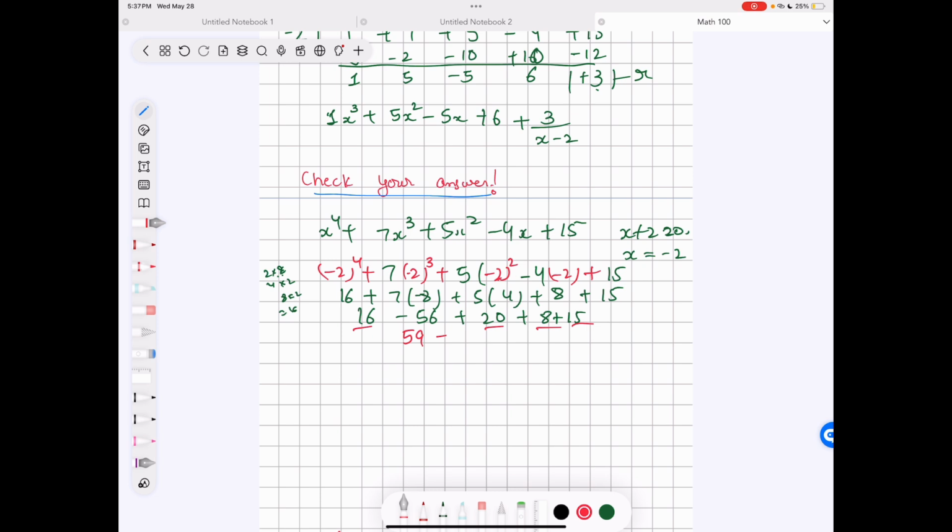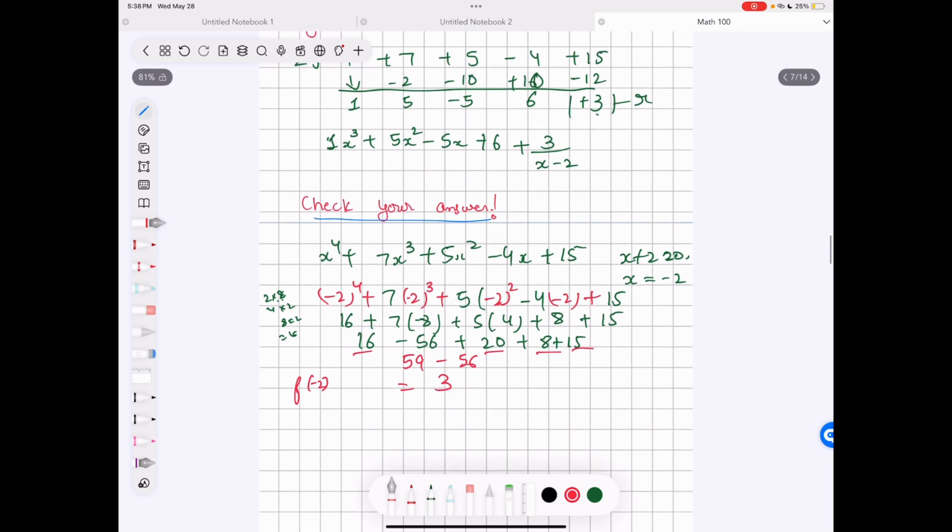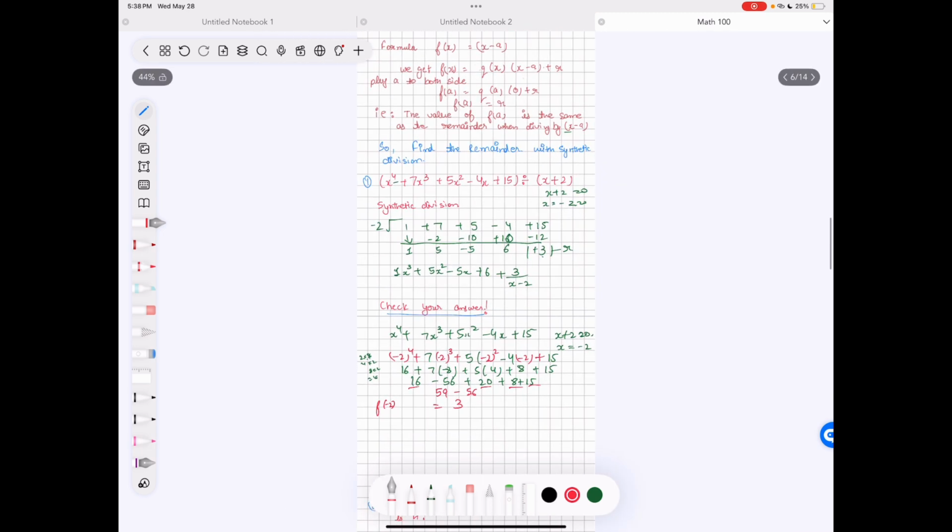Minus 56, and our final answer would be positive 3. So we can say that f of minus 2 is equal to 3. This would be our